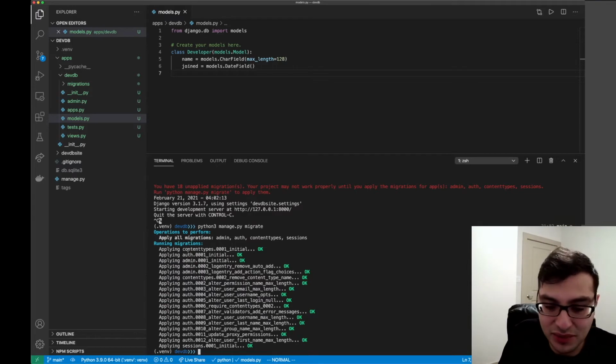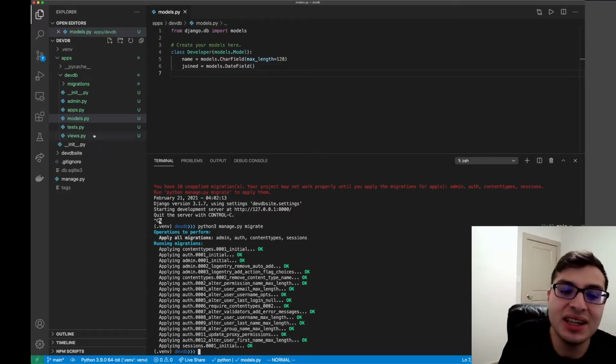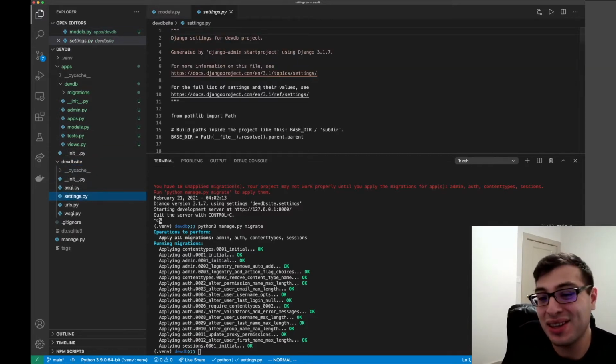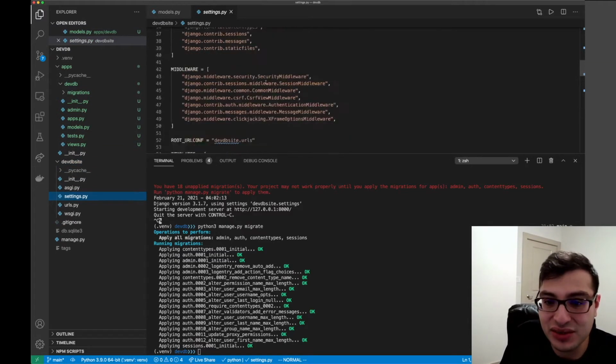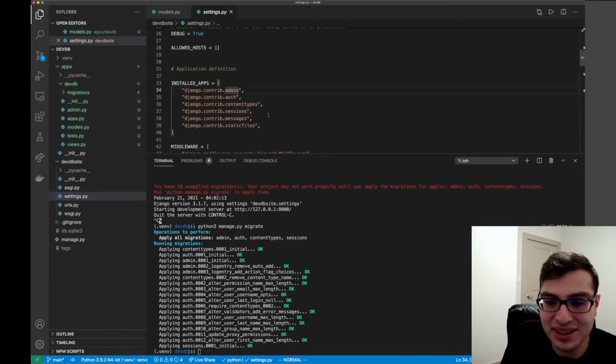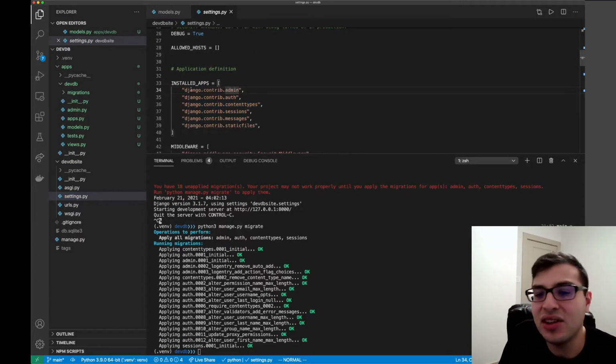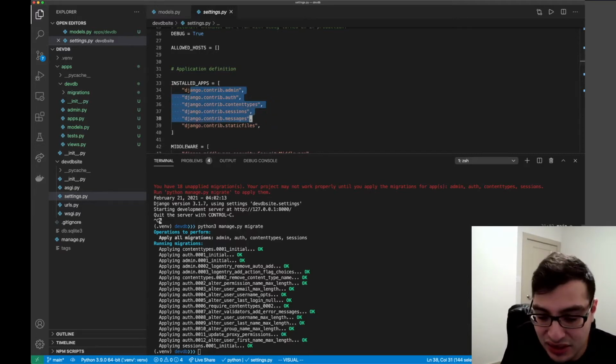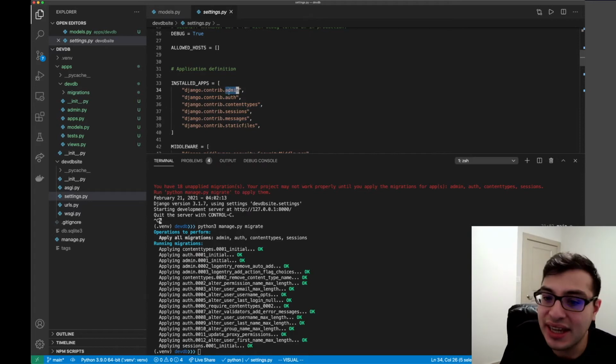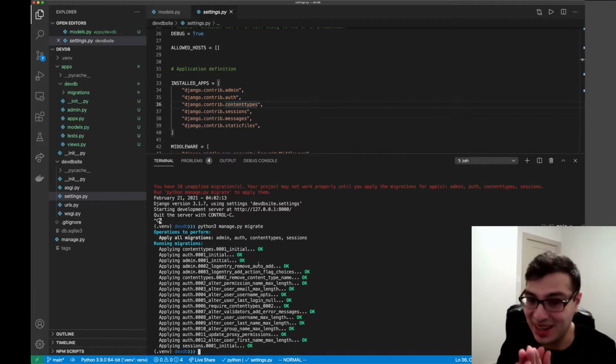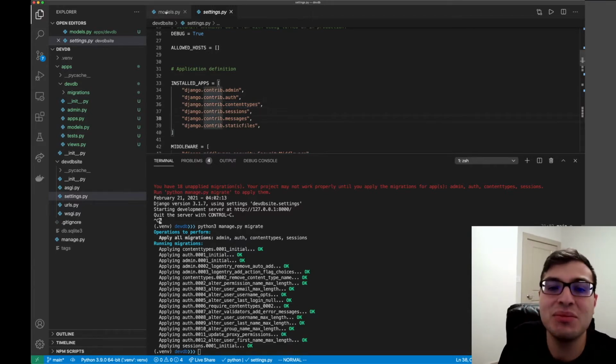Where did all these things come from? Well, if you look at their names: running migrations, content types, auth, admin, auth, sessions. And then you look at your settings.py file, you'll notice if you go into installed apps, they're coming from over here, right? And not all of the installed apps have a migration, but many of them do, like admin, auth, sessions, content types for some reason. These all have migrations. So again, I will explain what a migration is in a second, but before we do that,